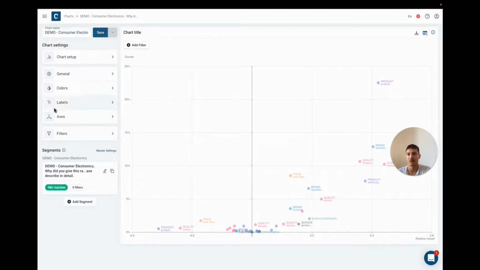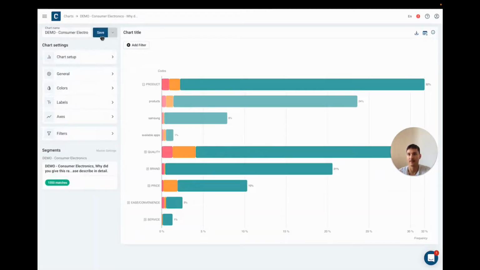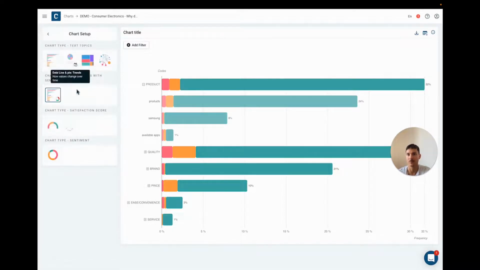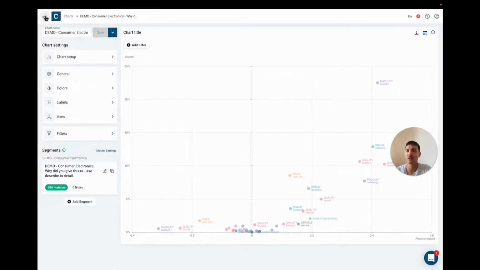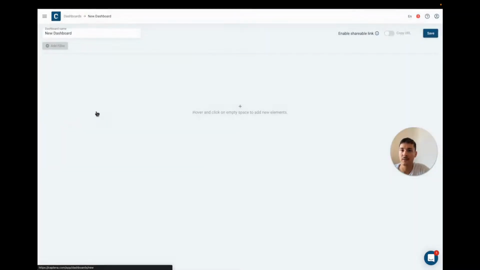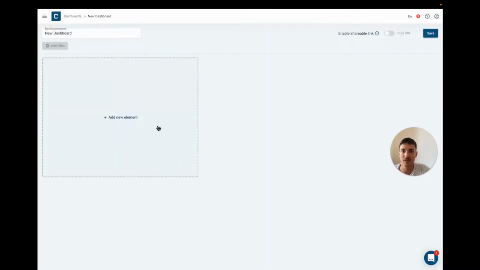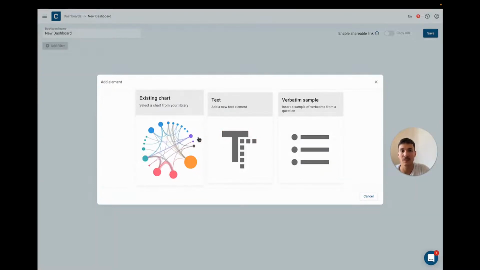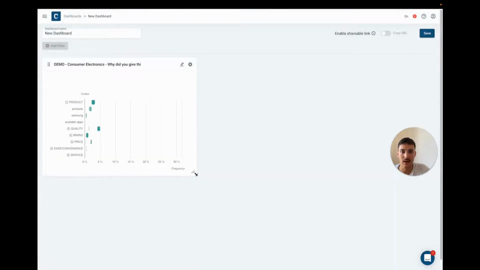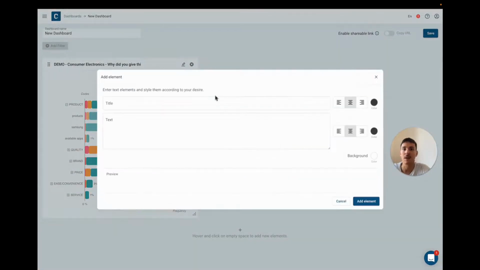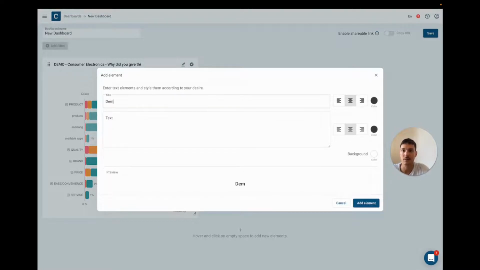So once we've built a few charts, we can then go ahead and create a dashboard from that. I will quickly create a couple of charts just to illustrate this. So let's save this one as well. And then we can go ahead and create a dashboard. The dashboard is fully customizable. You can add charts, but you can also add text elements just describing what people see here, something about the study, etc. So, demo consumer electronics,